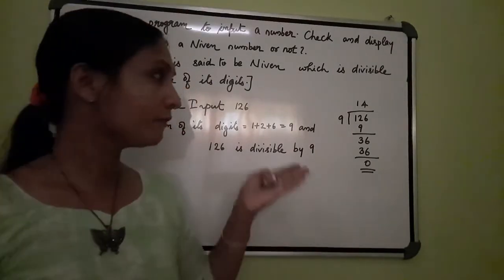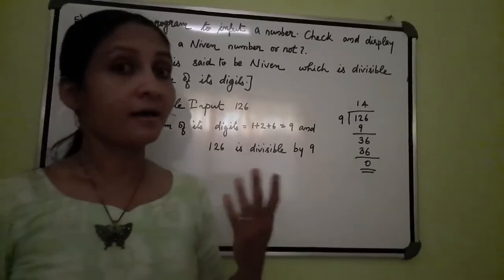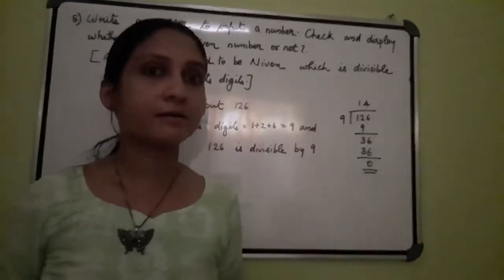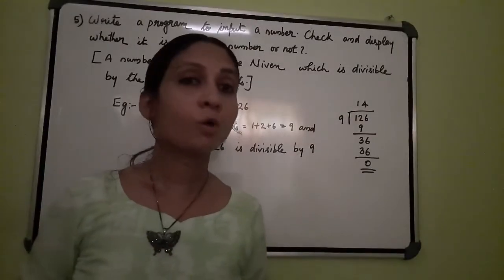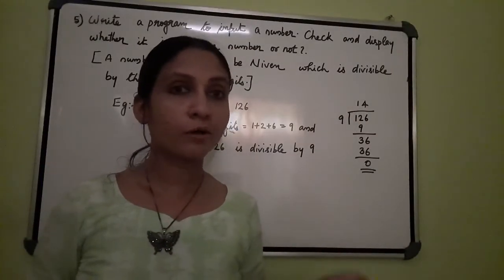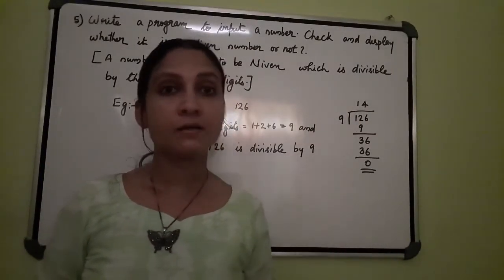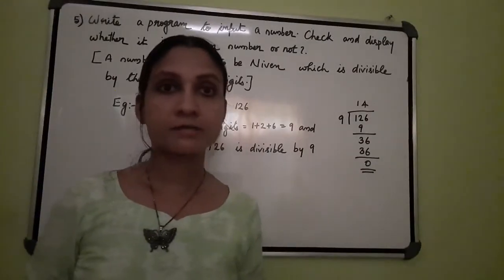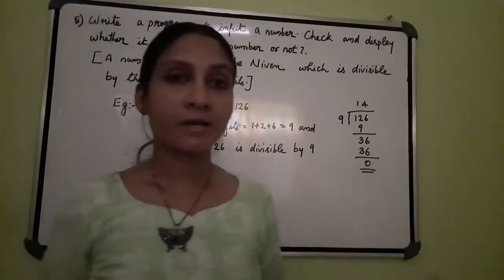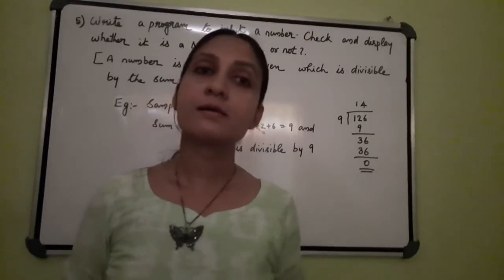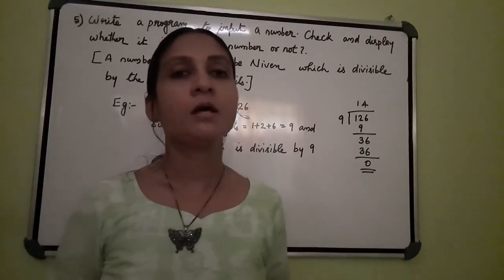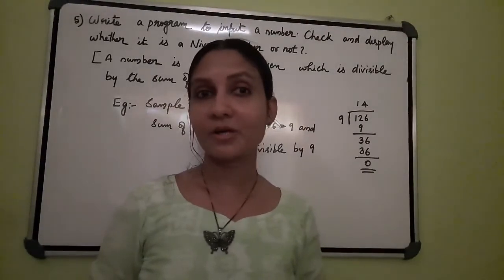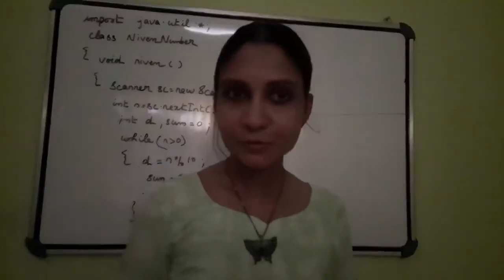Okay, it's very simple. We know how to separate the digits, and after that we have to find out whether the sum is a divisor of that number. How can you check? With the help of the mod operator. If you mod that number with the sum and get 0 as the remainder, you can say it is an even number. Then shall we start the program? Java program. Okay, let's do the program.